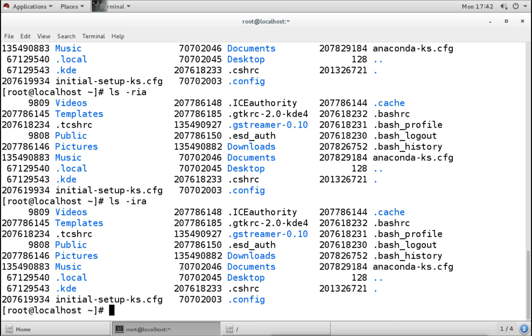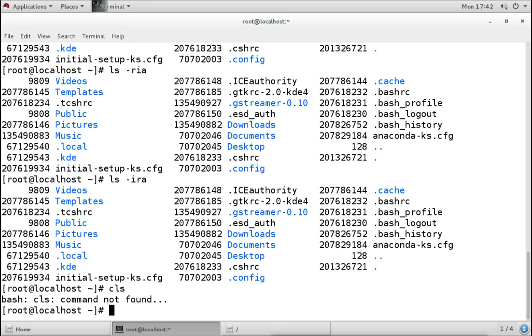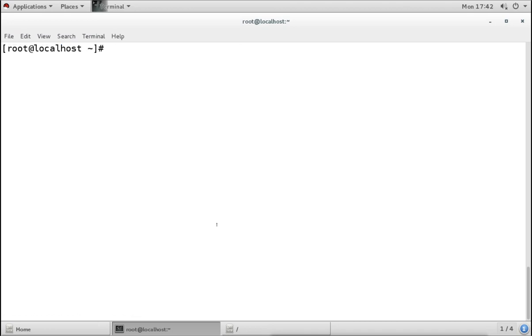Now our screen is full, and we have to clear the screen. For clearing the screen in Windows we use cls, but that will not work here. You have to type clear here. When you give the clear command, it will clear the screen, but actually the commands are kept in the buffer.